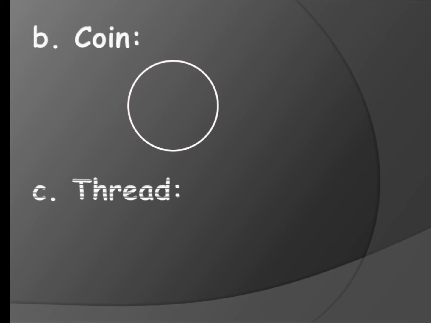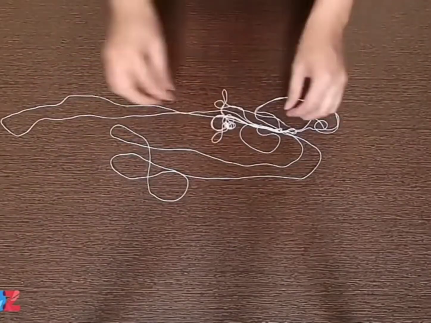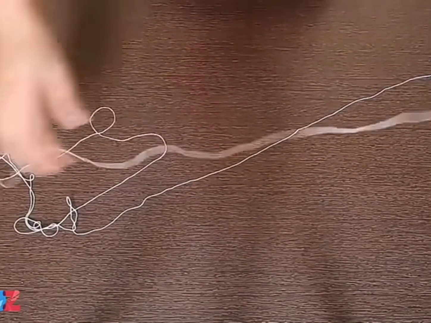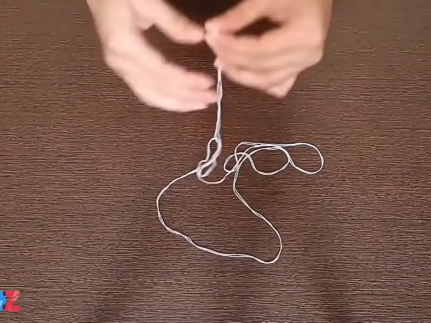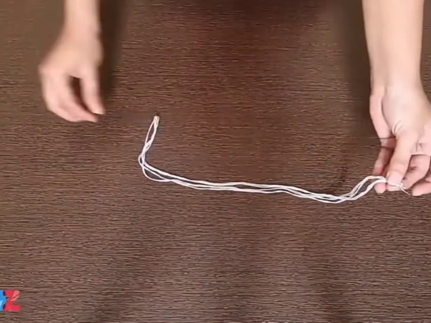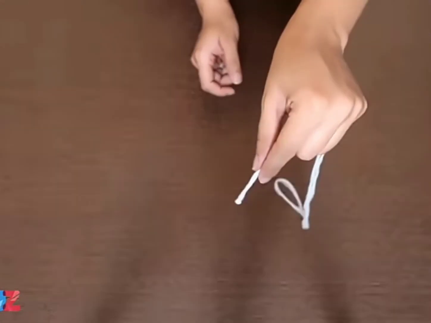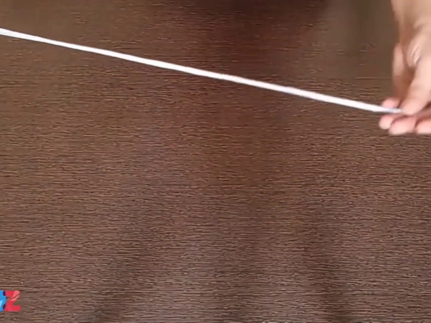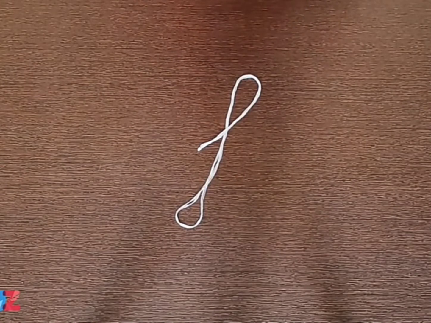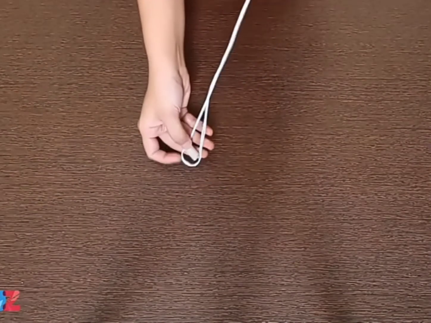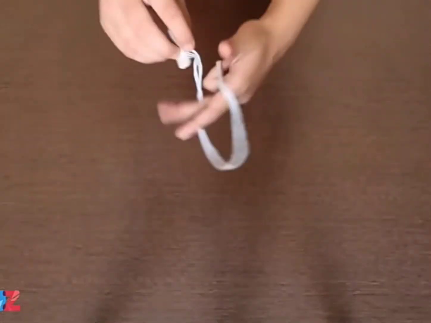Okay, next you have thread. How can you draw a circle with a thread? Let's see. So you have to take a thread, children. It's not compulsory that you take a very big, long thread. You can take a small thread, but you have to make sure that you fold it in half, and the two ends you have to knot together. As you have seen, you make the knot with the ends so that it becomes a U-shaped, a U oval shape, you can say.